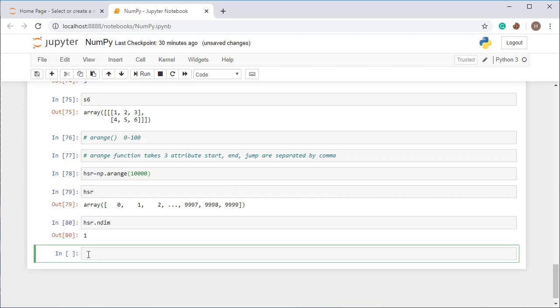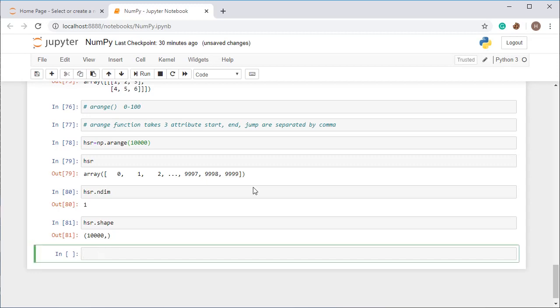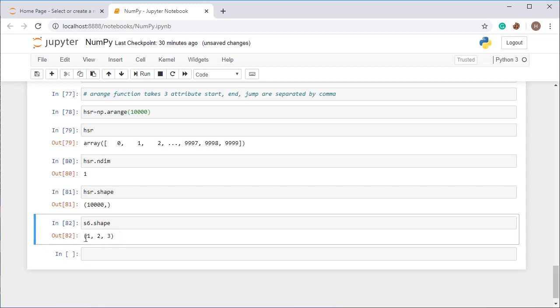All right. So how can we check the shape of the array? You can check the shape of the array with HSR.shape, and it will display the shape, meaning how many elements are in the array. You can also check the shape of S6, which you all created earlier. So S6.shape will give you the number of elements available there. It actually represents the shape, meaning how many elements are in each axis.